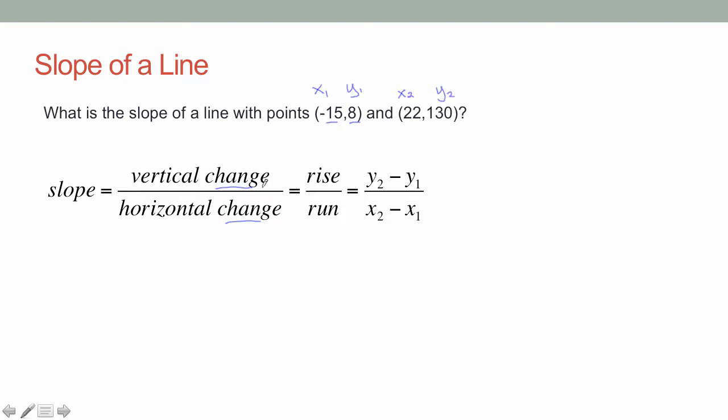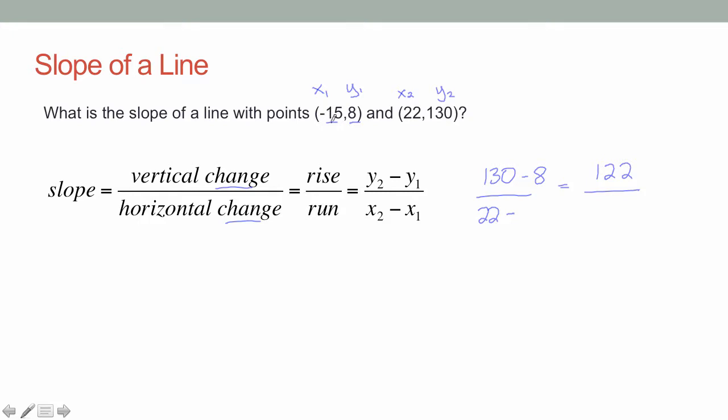So if I'm wanting to find my change, let's subtract the y values to find how much change happened there. So that would be 130 minus 8. And my y values look like they changed by 122. Well, now I need to contrast that vertical change with the horizontal change. It's a rate. I need to have two things going on. So let's compare my x values. So we did 130 first on top. So let's do 22 first on top. So 22